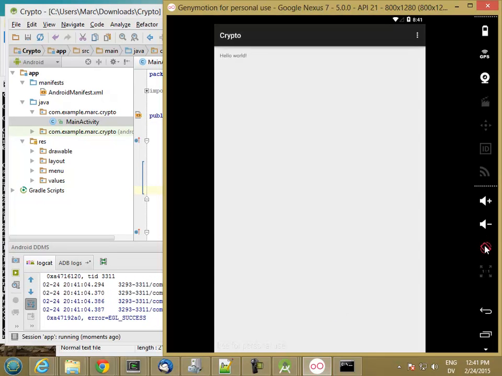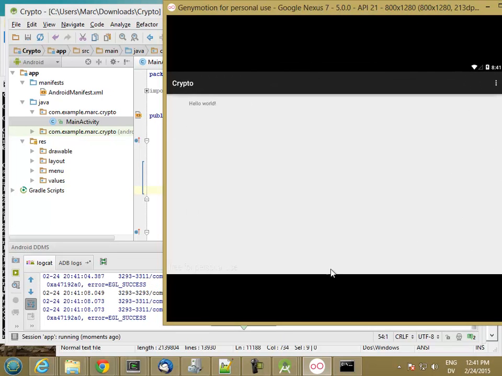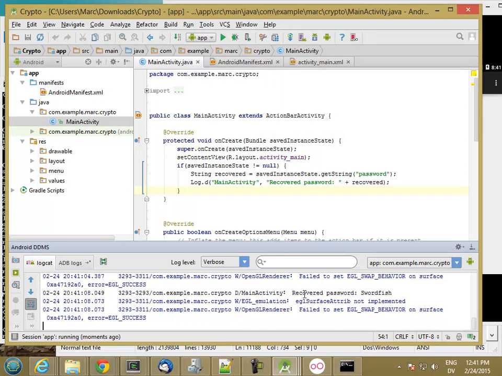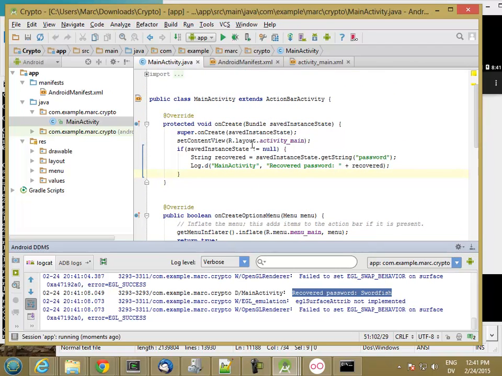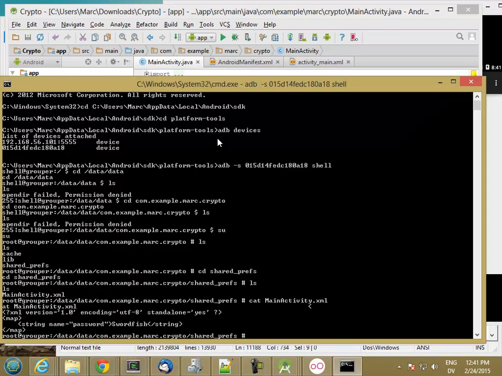So I'm going to go ahead and rotate the phone, and I see the recovered password swordfish, so I've definitely maintained it across destroy and create. But then the question is, what mechanism does the operating system use to store this bundle? Does it get saved to a file or not? If it gets saved to a file, then anybody who has root access to the device should be able to